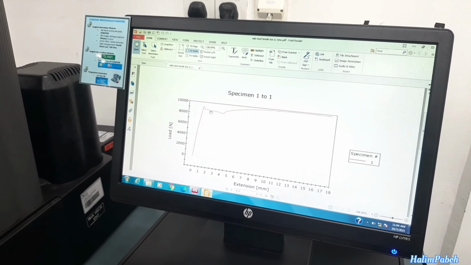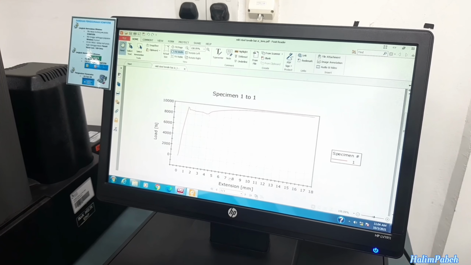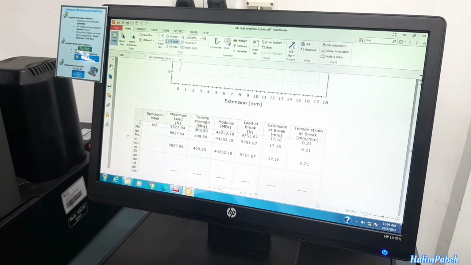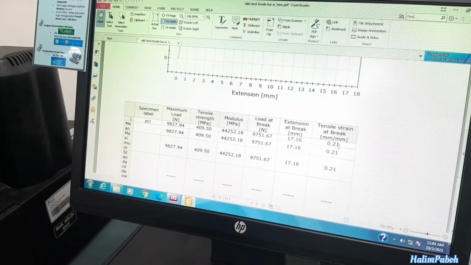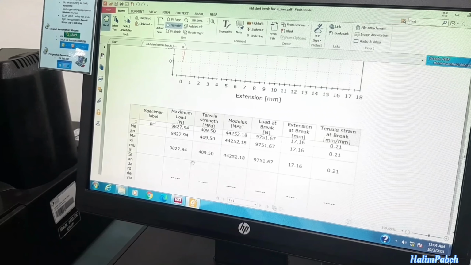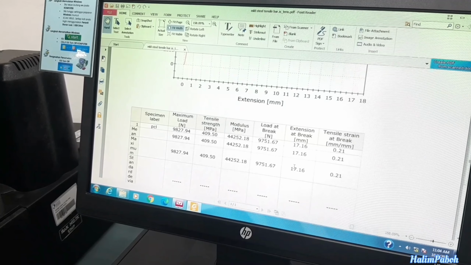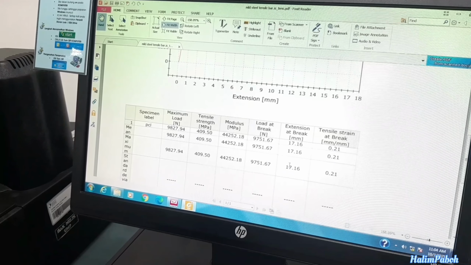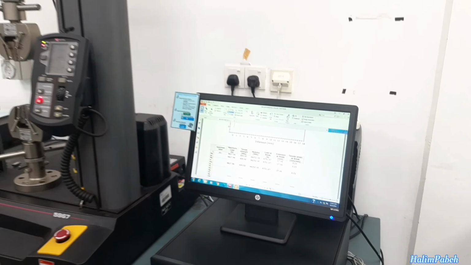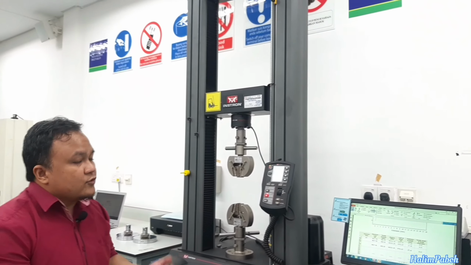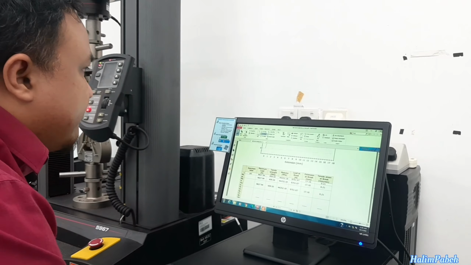So you can see the recorded stress strain plot that you got just now, load over extension. And then you can check the values. What we have here is tabulated data, automatically. So you just transfer the information into your answer sheet, your lab report form. Now to move to compression, let's close the PDF file first.